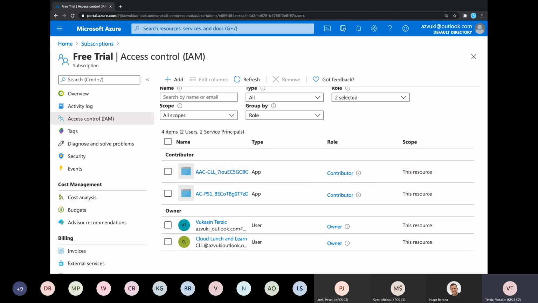And this is probably not how you should leave it in your subscription in production. There are a few ways this can be configured. If your scripts need to run with contributor access to the entire subscription, then you can leave it like this. And then you can limit access to the automation account itself, as we showed earlier. Or you can remove this from here and give it contributor access, for example, to, I don't know,